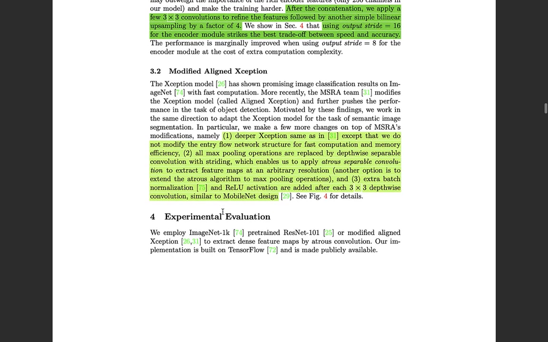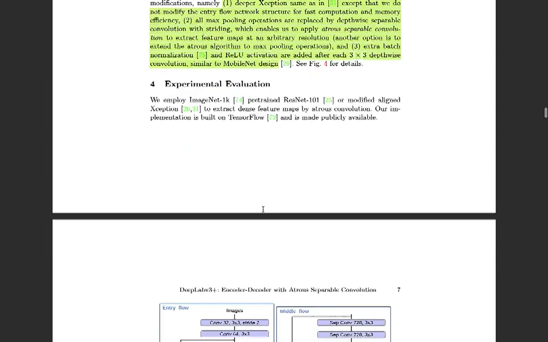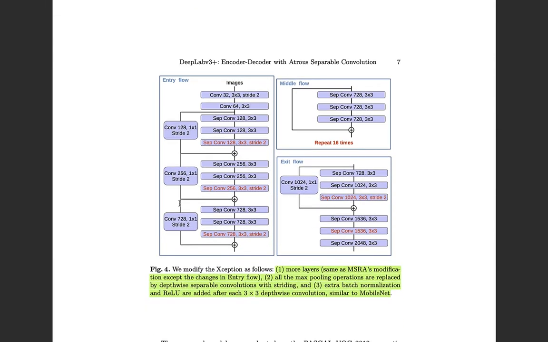But in the second part, all of the max pooling operations have been replaced and substituted by the depth-wise separable convolutions with striding, as you can see here. And in the last part, they have also added extra batch normalization and ReLU activation after the depth-wise 3x3 convolutions. If I want to show the architecture here, you can see that the entry flow has been preserved